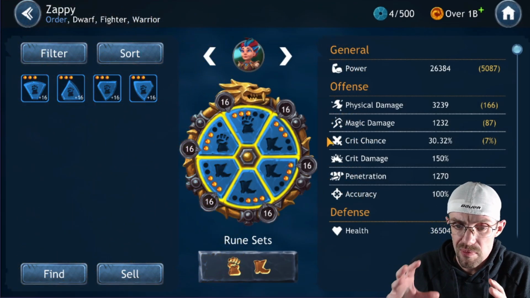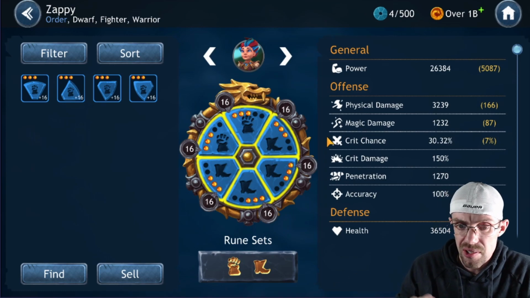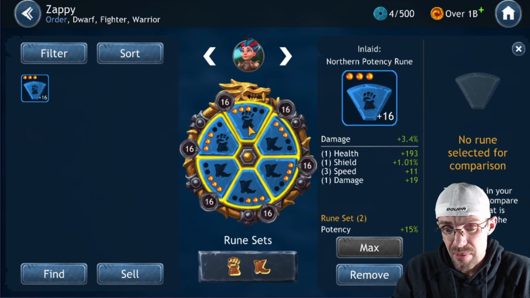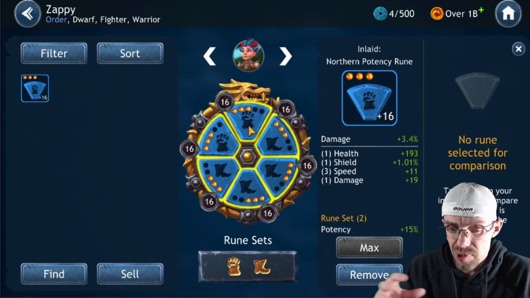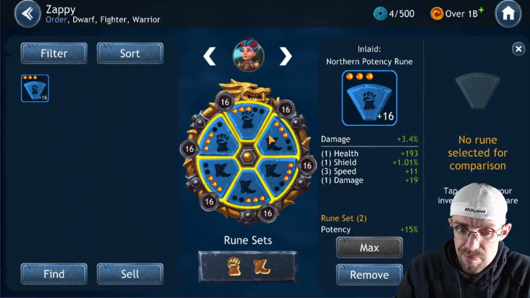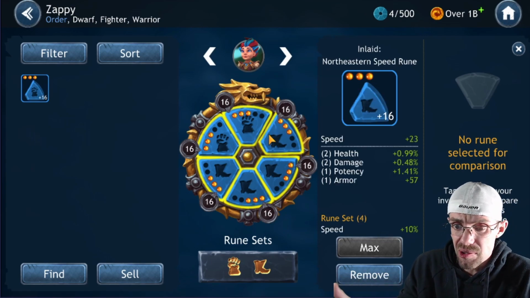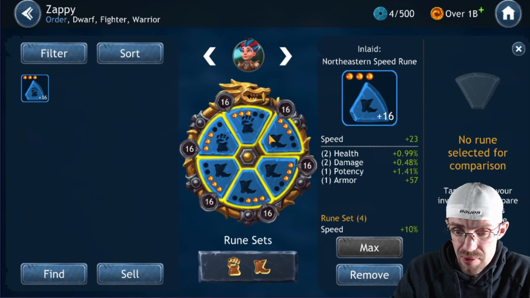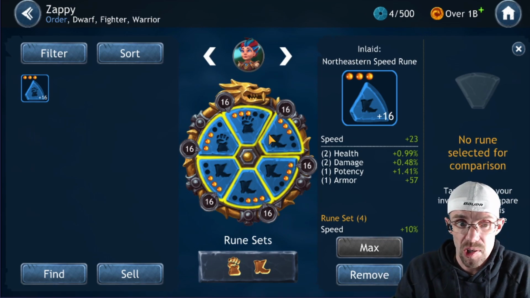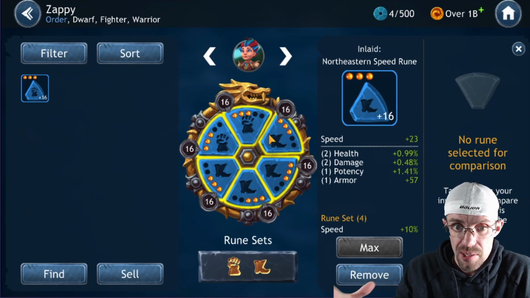So here we are now. Remember, I have gear 11 plus on her. So we're just going to talk about what we added to the character. In the top one, I went for damage. I got 11 speed out of this rune. Got some extra damage, got some health and some shield. Pretty happy with that. I went for speed in the northeastern rune with some health, some more damage. I put on a little bit more potency, and I got some flat stat of armor, which is a little better than the